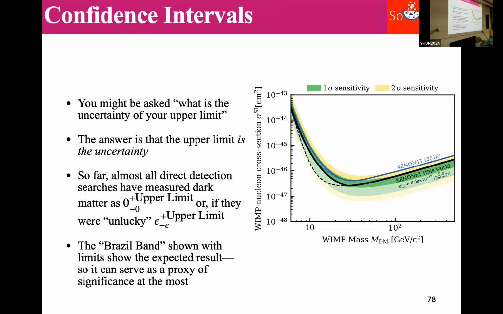The argument for setting it there versus somewhere else is that you don't want a downward fluctuation itself to benefit your limit. Now that sounds a bit weird, right? We can get lucky sometimes. But the thing is, it might not be luck that makes you downward fluctuate. It could be that you overestimated your background, right? And then you compare that to a data set. The data set is true, but your model is not. Then you're going to induce downward fluctuations, and you'll then sort of get, quote unquote, artificially good limits.